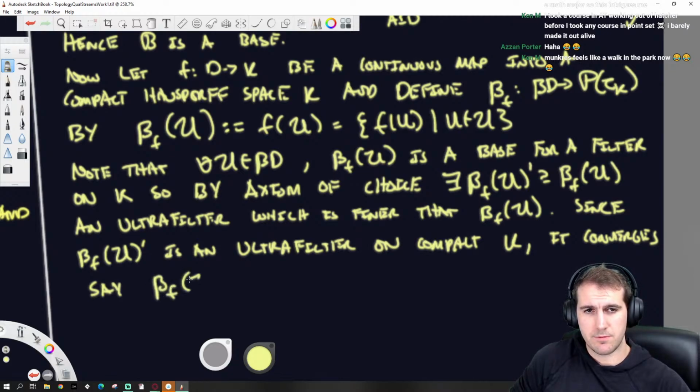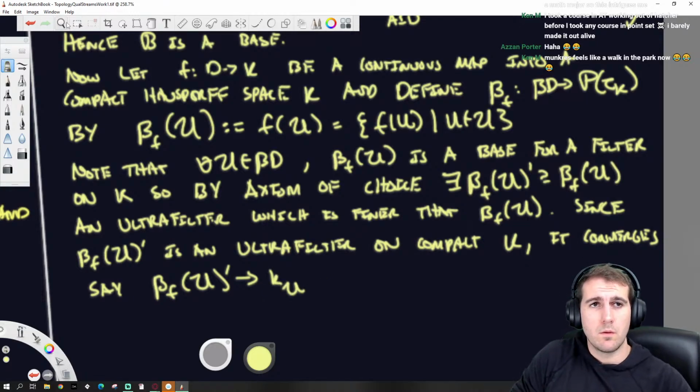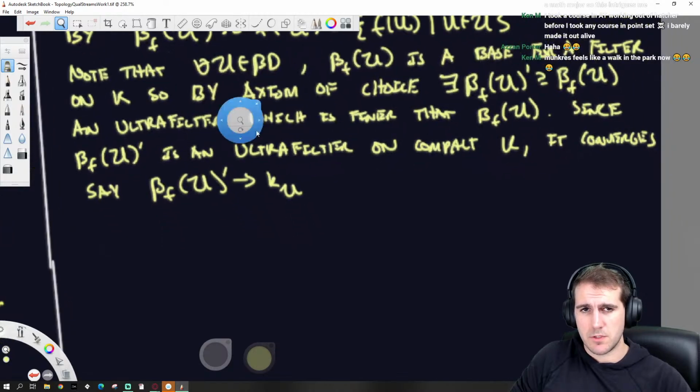So beta f, this ultrafilter approaches some point, and I'll call it k sub u, because it may be dependent on what ultrafilter you have.